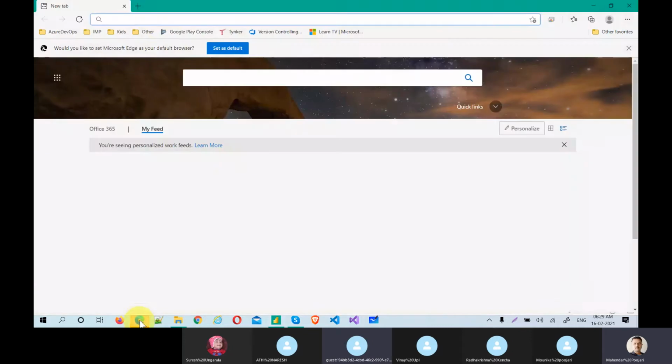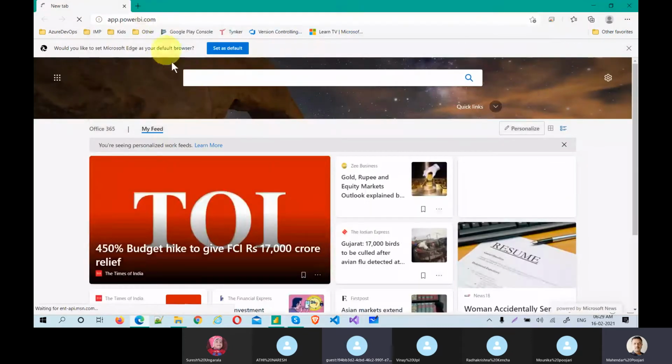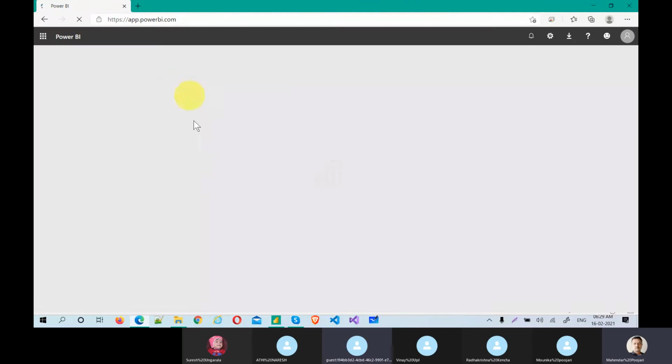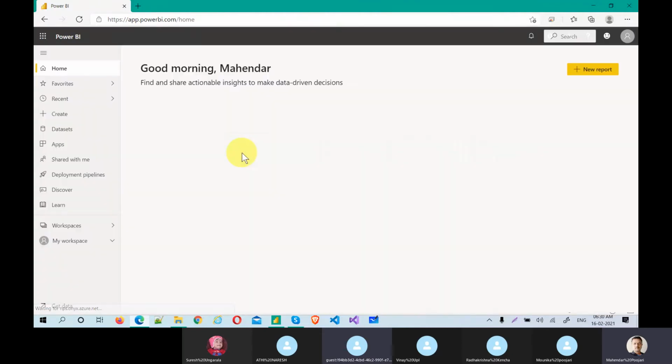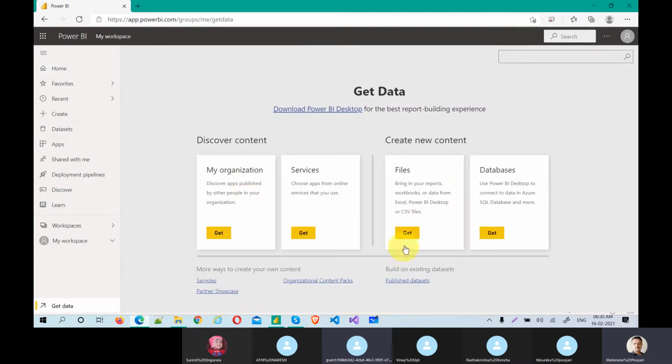Okay, let's quickly sign into app.powerbi.com. And then we can get data from day 24. Get data and get files. But where are we?